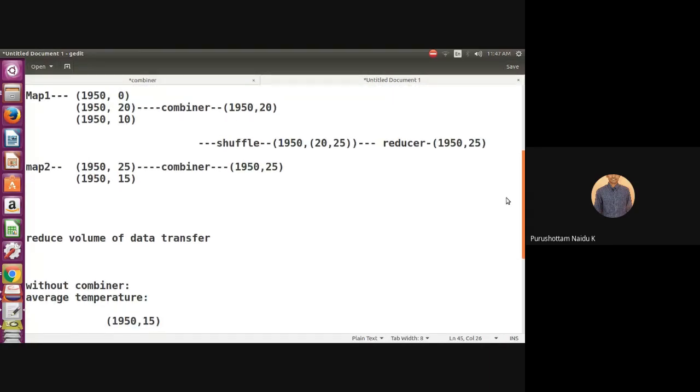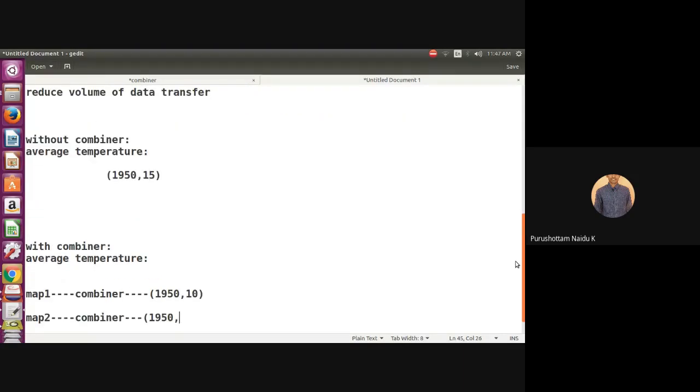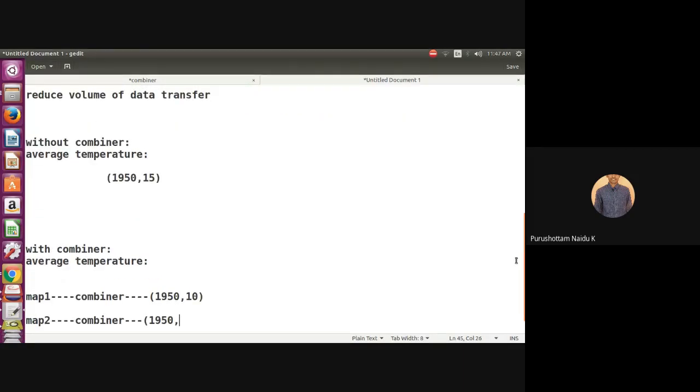So 25 plus 15, that is 40. 40 by 2, how much are you getting? 20.